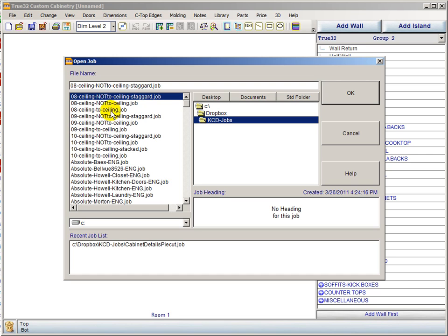The only exception, you see here that there's 3 for the 8-foot ceilings and 3 for the 9-foot ceilings, but there's 4 for the 10-foot ceiling, because we also have a stacked group where we can actually stack one cabinet on top of the other to create a double cabinet. In the case where we're putting glass doors at the top, it's sometimes easier to do 2 cabinets than one with a fixed shelf, although we could do either one. Typically,